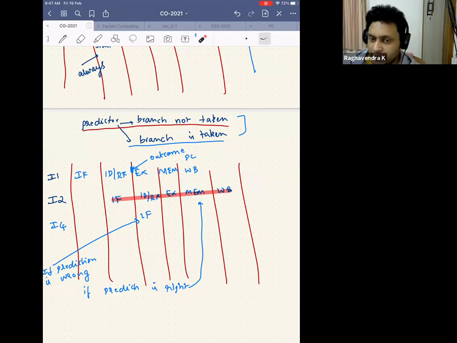In the next class, we will see one example of how to do these things from the compiler perspective. How can I handle branches from the point of view of a compiler? Of course, this again will be an introduction, and then we'll build on it in your next semester. We'll build a good branch handling mechanism in the compiler, when you will be actually building a compiler. So we'll see that for half an hour in the next class, and then in the next half an hour, we'll see what the problem with branches is and why it is so problematic. Why even 1% prediction accuracy will give me such a performance boost, or if I'm wrong even 10% of the time, I can just sell my company and go and